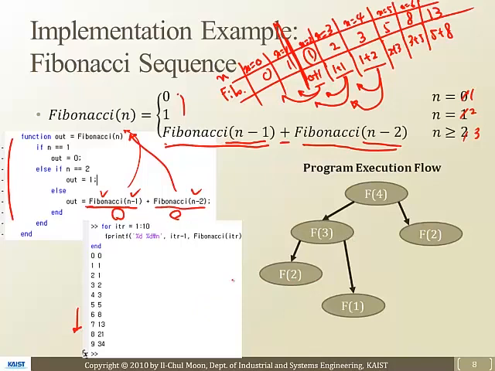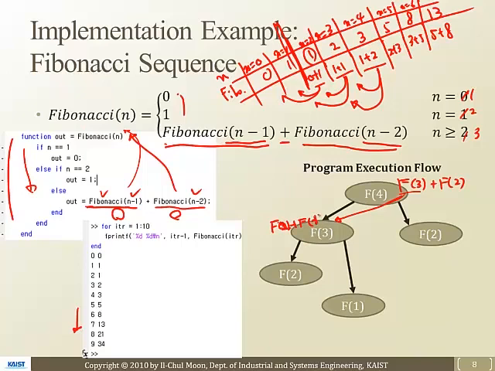Within F3 there is a moment. Let's start this explanation by writing it down. F4 is F3 plus F2, right? Sorry, I'm going to erase this and write F3 plus F2, right? At this layer, we are going to call F3 and F2. And when we hit F3 here, then it's going to automatically call another function here, which will go to here, and by following these lines,